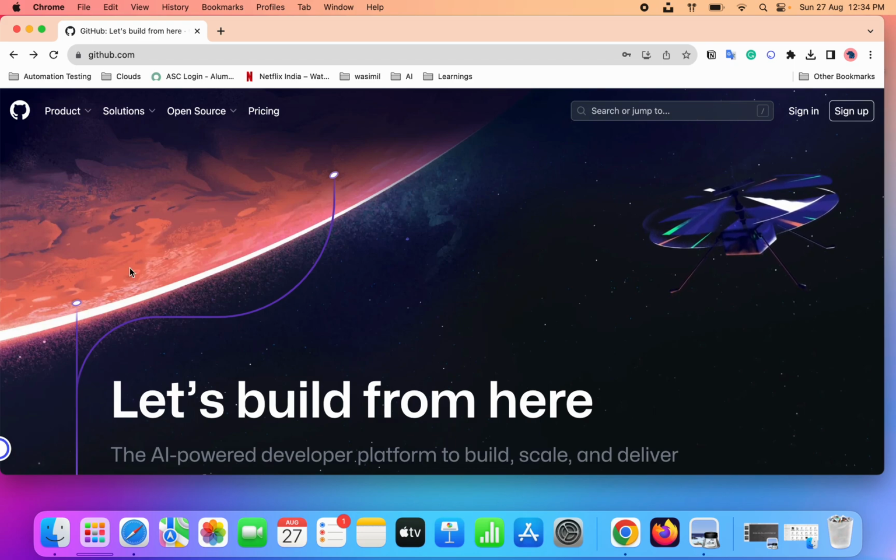So what is GitHub? What is the purpose we are using it? GitHub is a version control tool. It provides the repository functionality, where we can upload our code and, based on different versions of the code, we can commit our code